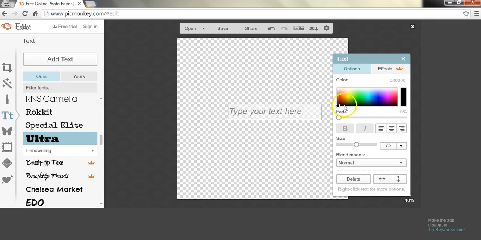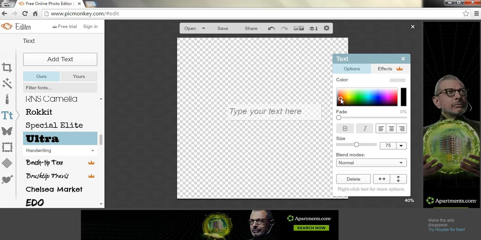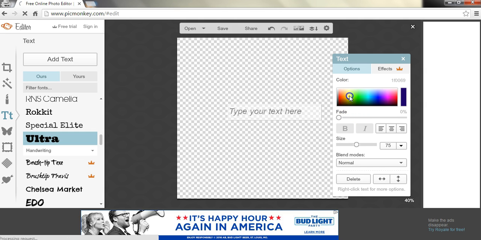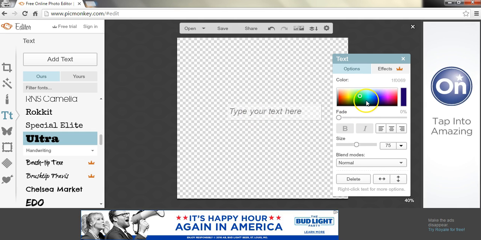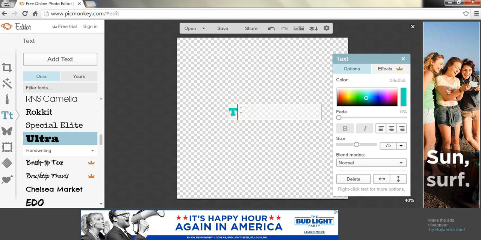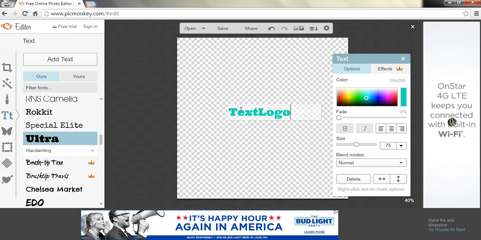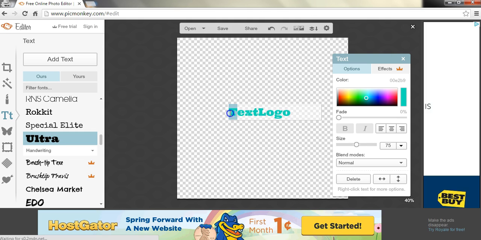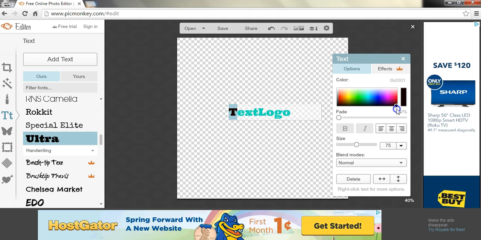And now what we can do is if we want to change to a different color, we can do so right in here. Now something that I want to point out is you can change the colors within here. So if you have a certain color that you want it to be, you can go and highlight over it. And let's just say you wanted to say text logo as an example. If you want it to be a certain color, the color code is right up here. So this defines what color is showing up within this logo here. Now how we can change that is we'll just select the letter in particular that we want to change, and let's say we want to make this a darker color here, and this hex code here has the code of this